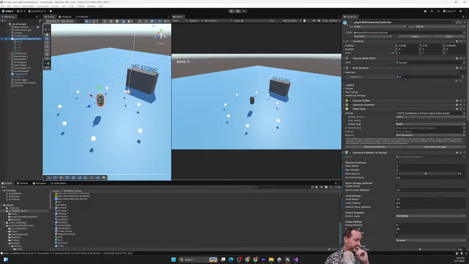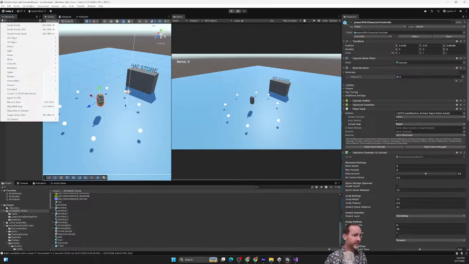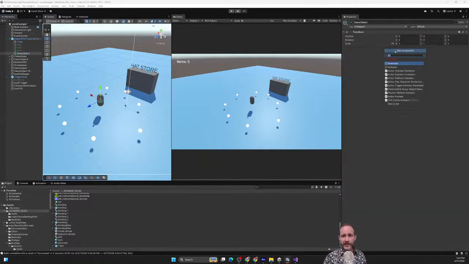How do we control the rate at which something is playing? We use the event sequence thing. So I'm going to make a new empty child, grab event sequence,